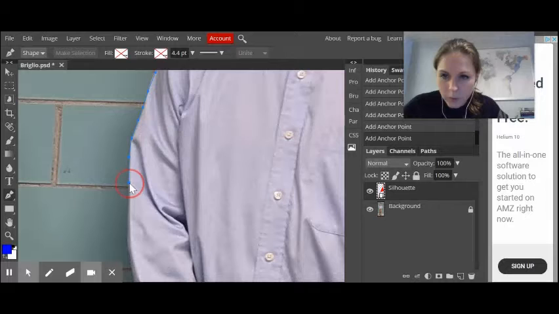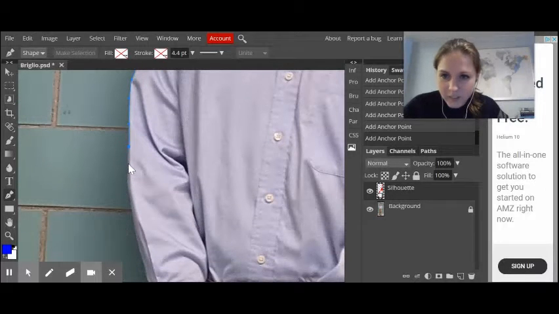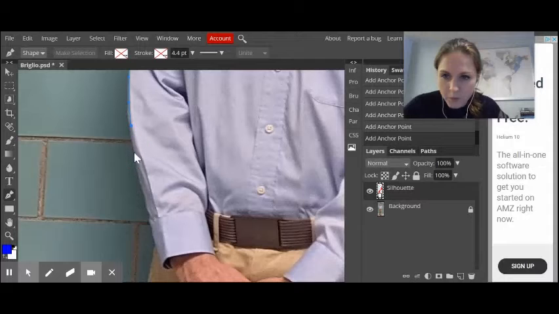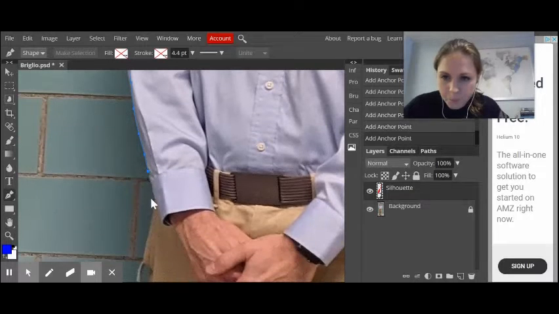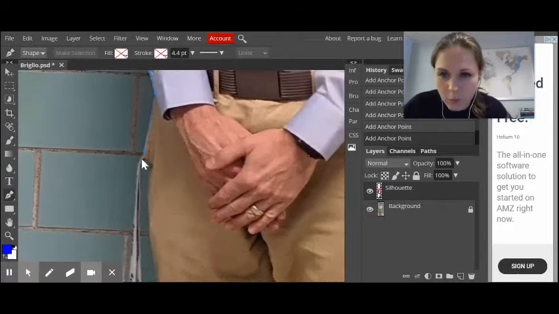So this is kind of a time-consuming process. I will try to speed this up for you. But it is really important that you take your time and do your best to pay close attention to where these little deviations are, because